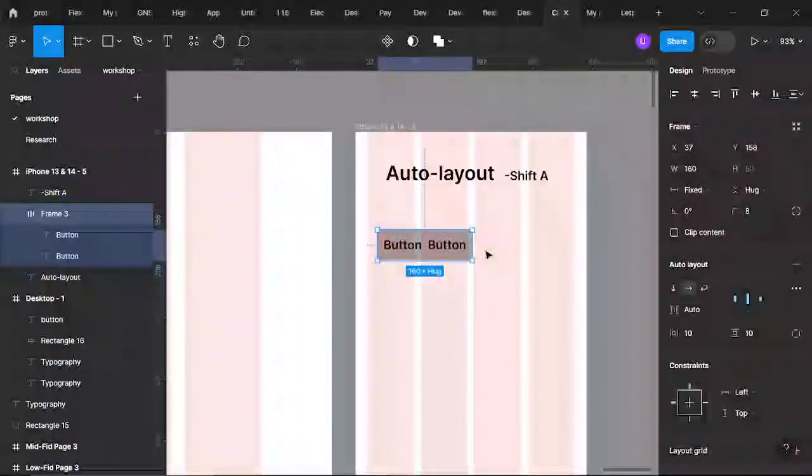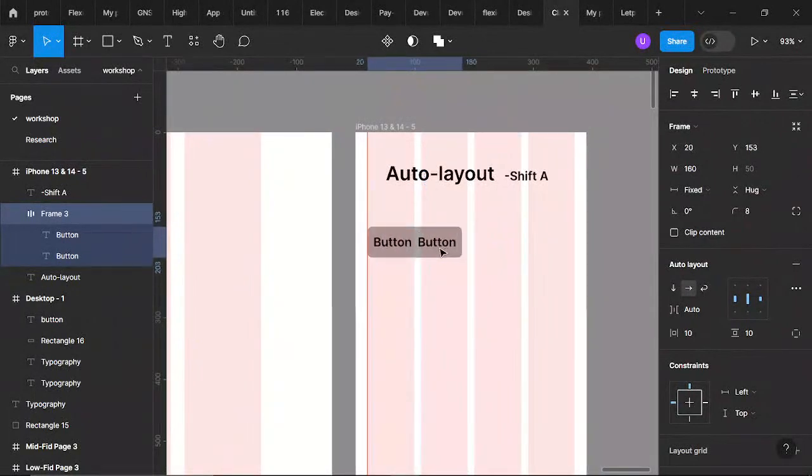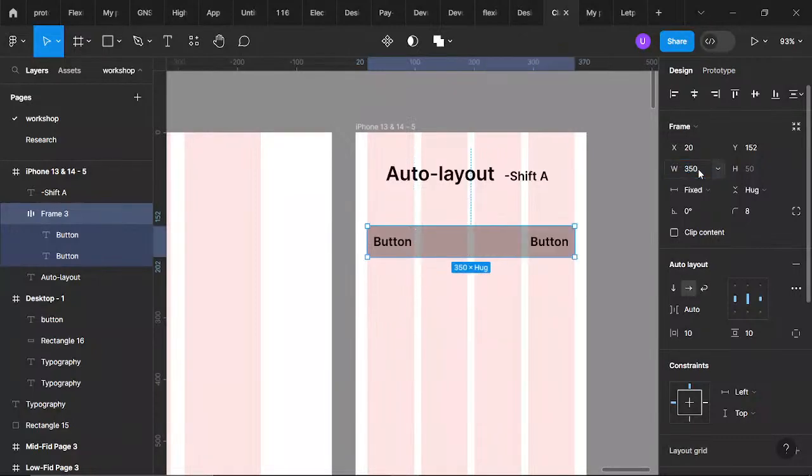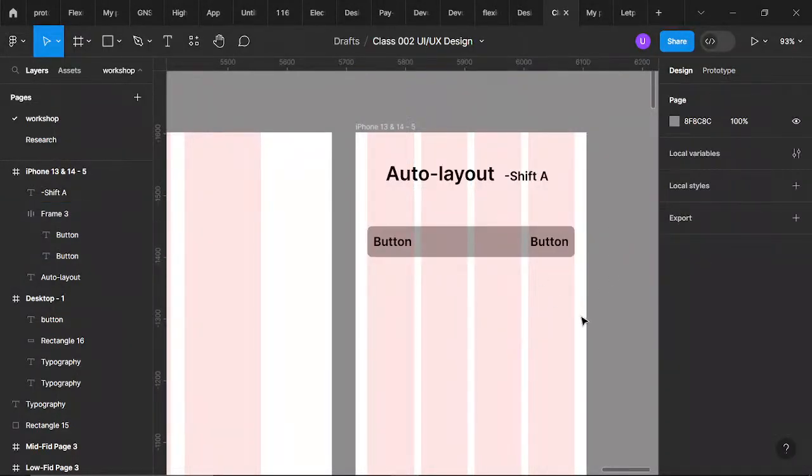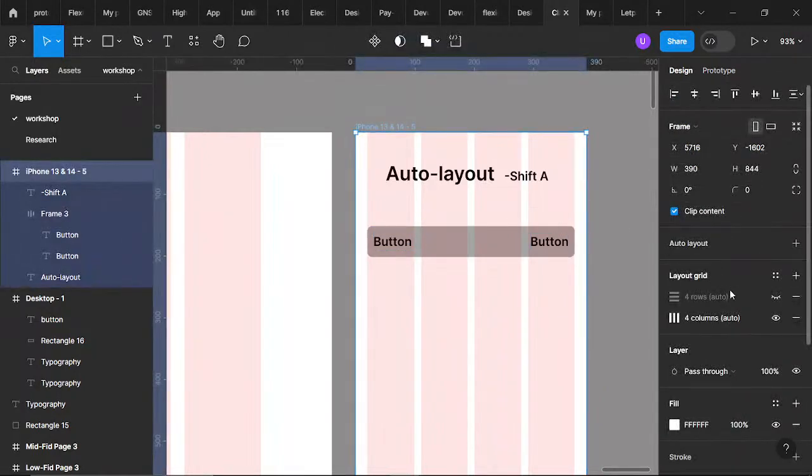So what you just need to do is align it here, and since we are on auto, you just need to increase this towards 350. You can see everything has extended to that 350. Okay, that's the work of auto spacing. That's why we use it most often. That's how you can use auto spacing. So you now understand what auto layout is, right?